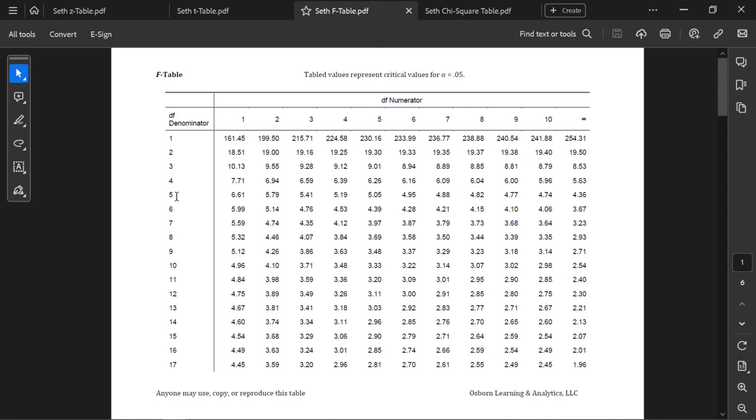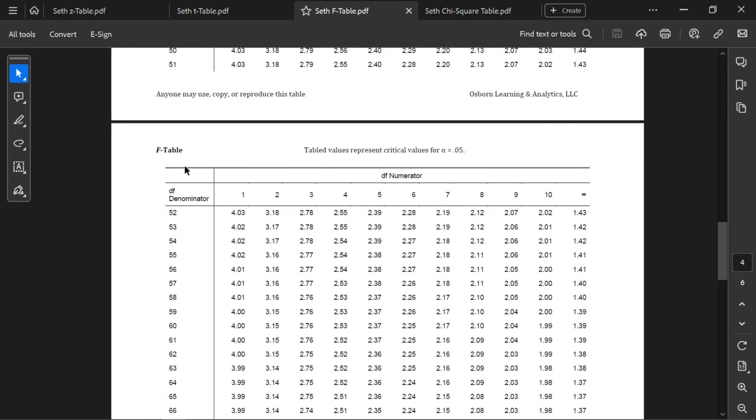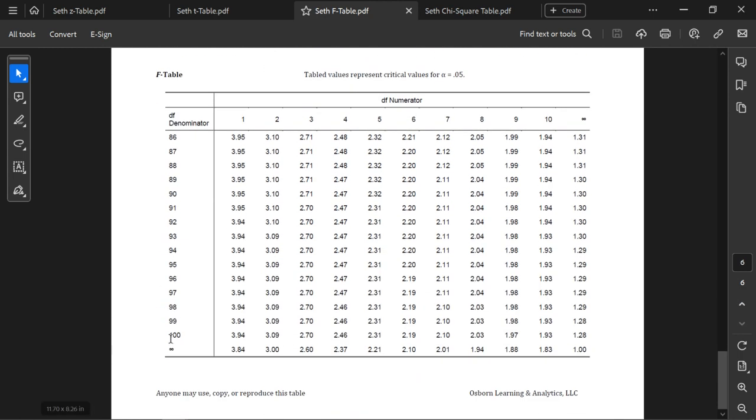It's a ratio, so degrees of freedom in the denominator, and then each column represents a different number of degrees of freedom in the numerator. Here, I've got us going from 1 to 10, then jumped up to infinity for the numerator, and I've got 1 through 100 for the denominator, and then jumped up to infinity,